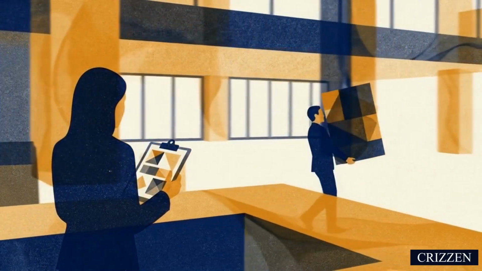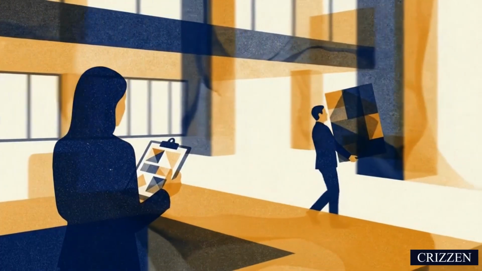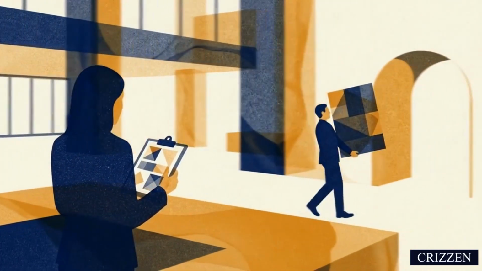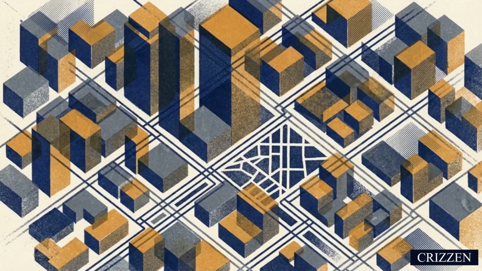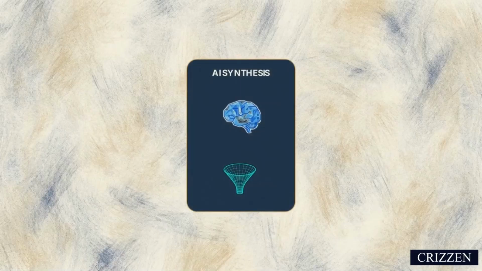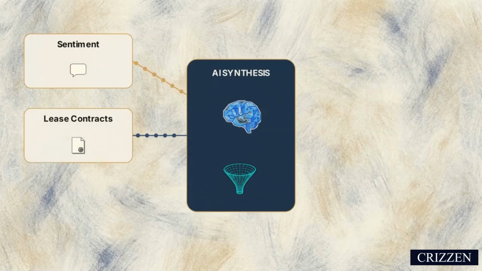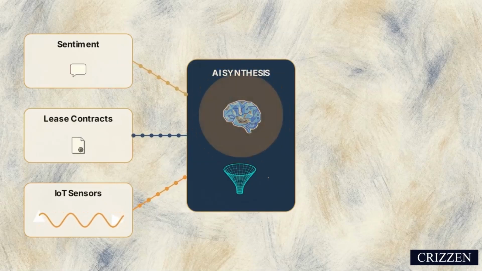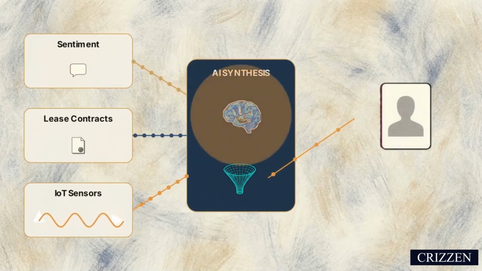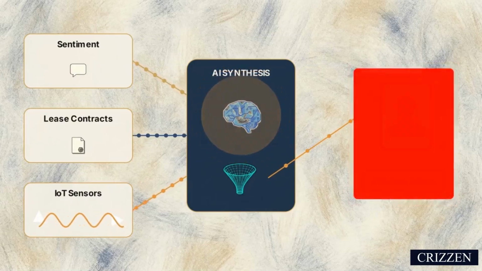Turning human emotion into data is a critical first step. However, simply listening to feedback doesn't give a manager the ability to stop a tenant from leaving before they make the decision. To prevent turnover, the technology has to move from observation to prediction. A recent study of an urban mixed-use commercial hub shows how this transition works in a live environment. A dashboard synthesized 3 distinct data pipelines: real-time sentiment, structured lease records, and live IoT sensor streams tracking foot traffic and HVAC usage. By cross-referencing these variables, the system identifies specific tenants at high risk of churn months in advance.